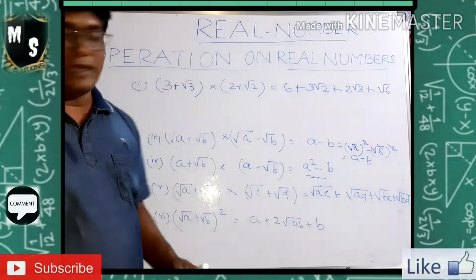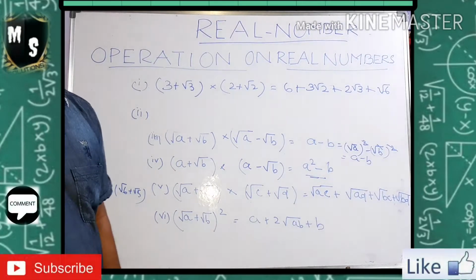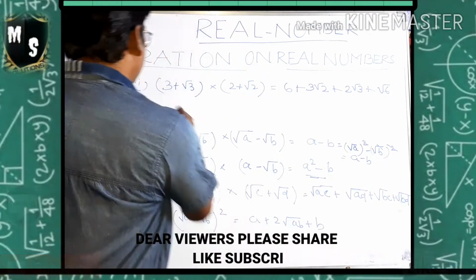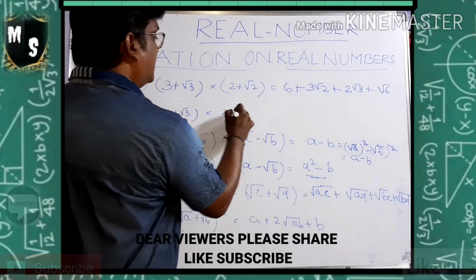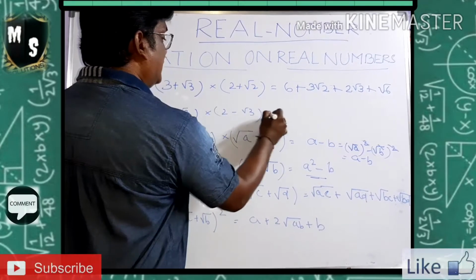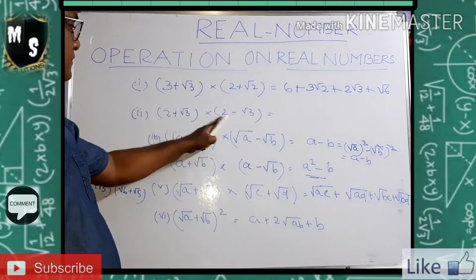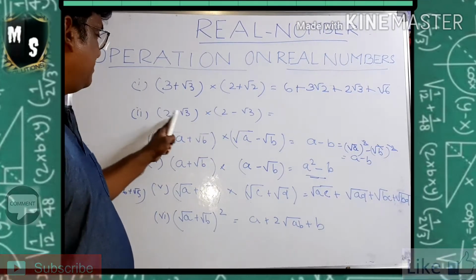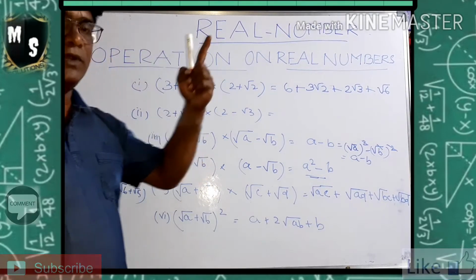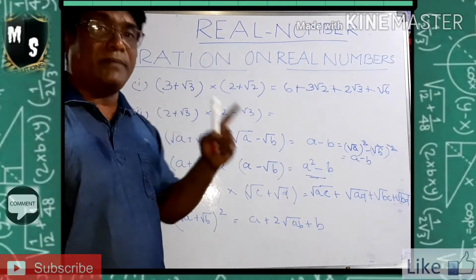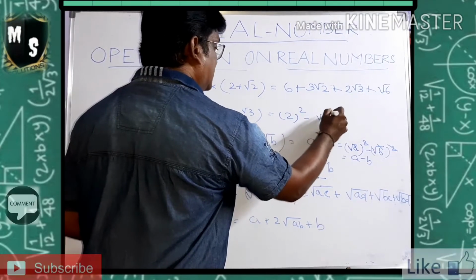So now again another one I am saying for you, P2C. It is 2 plus root 3 into 2 minus root 3. So now see, it is under A plus B. A is common here. B is common here. So it is A plus B into A minus B. You have to just go for the formulas. What is that? A square minus B square. That is 2 square minus root 3 square.